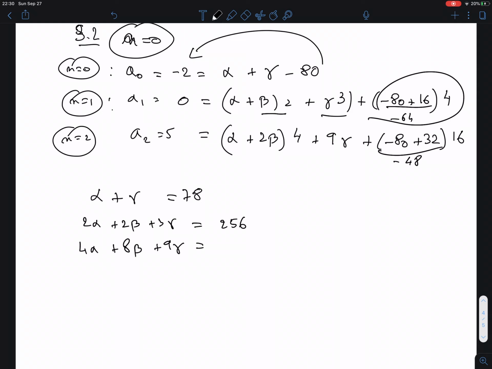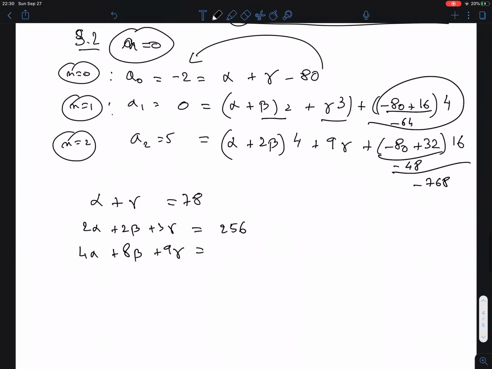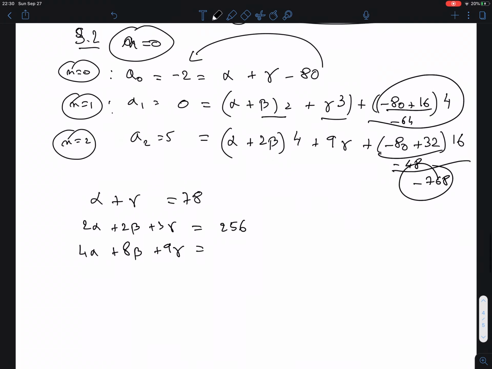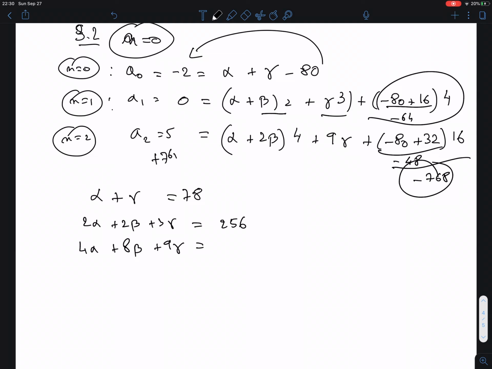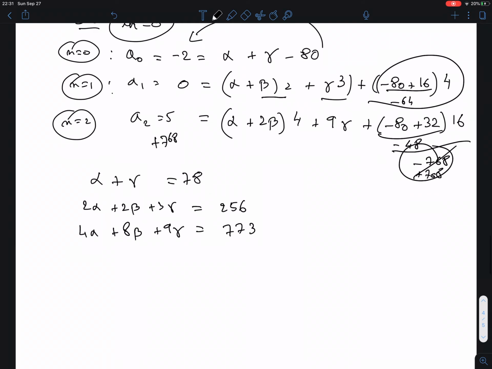Okay, I'm not gonna risk making this mistake. 48 times 16, that's minus 768. We bring that to the other side, so this whole thing is minus 768. So here we bring this to the other side, here it becomes plus 768, so plus 768 here, this cancels, so this is 773. Now, I want to show you that you still can solve this thing, and we have already explained that